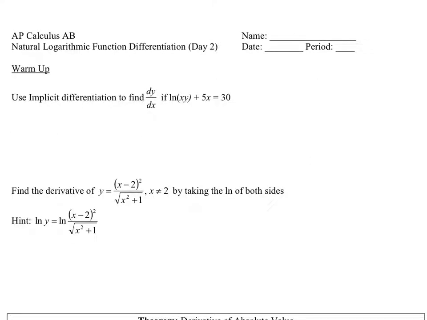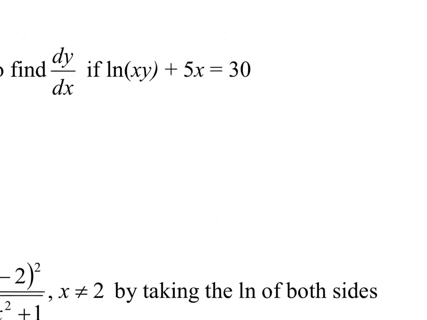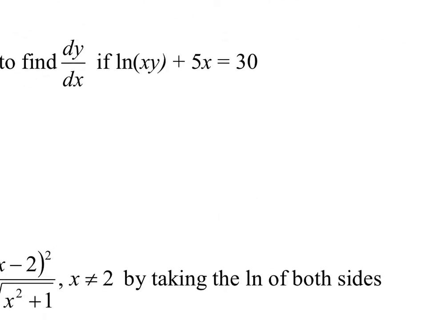So our goal here in lesson 59 is to revisit some topics or some applications and skills that we've developed in the past and apply them with logarithmic functions. One of those things that we did was implicit differentiation. If I wanted to find dy dx when I've got this implicitly defined function, ln of x times y